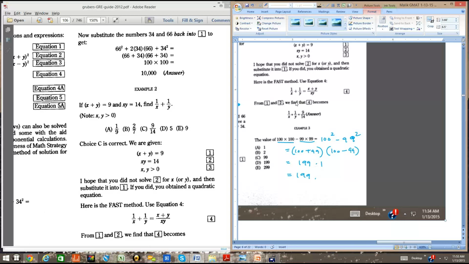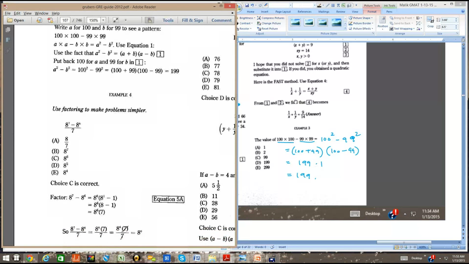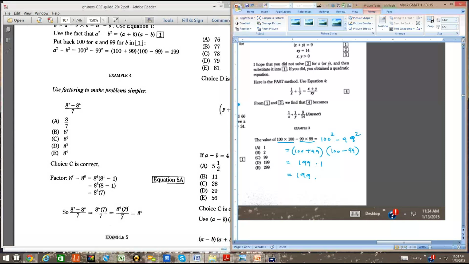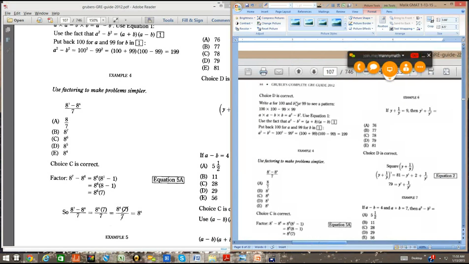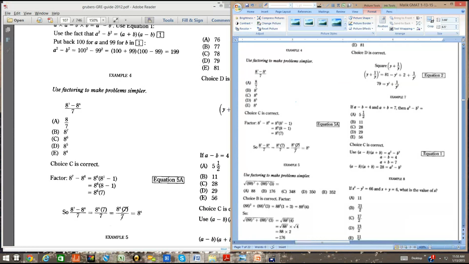Okay, the next thing that's important is, let's see. This is a nice trick to know here, a little bit of exponent stuff. 8 to the 7 minus 8 to the 6. So what is 8 to the 7? 8 to the 7 means 8 times 8 times 8, 7 times, right? So you really have a bunch of 8s here